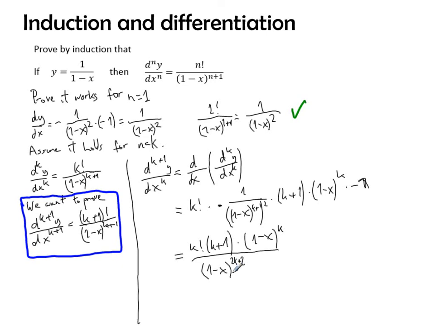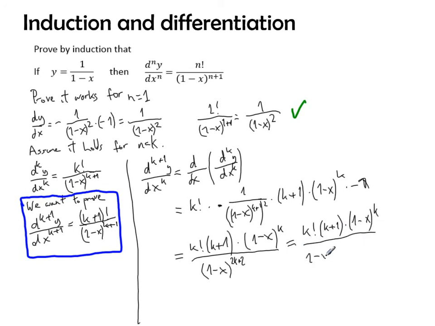Great, so how do I clear this out? Now, this seems like we're in a bit of a static position. There are two things that can help here. First of all, remember how the factorials work. So k factorial times k plus 1 is simply k plus 1 factorial. On the other hand, use exponent rules. When I have the 1 minus x to the power of 2k plus 2,